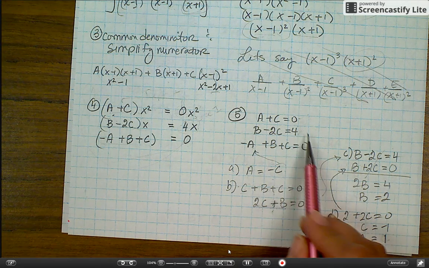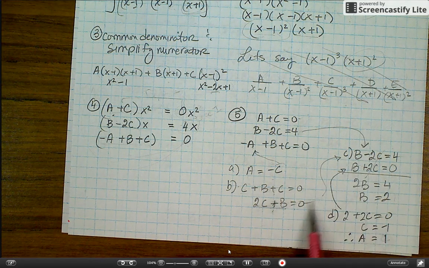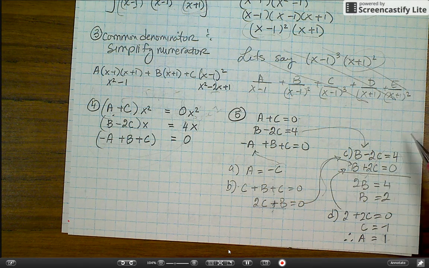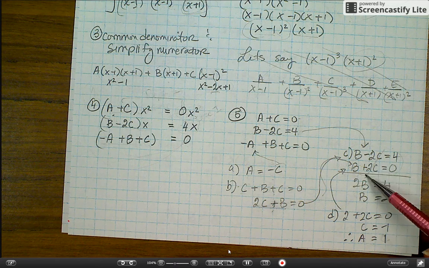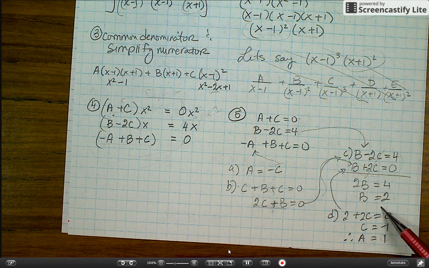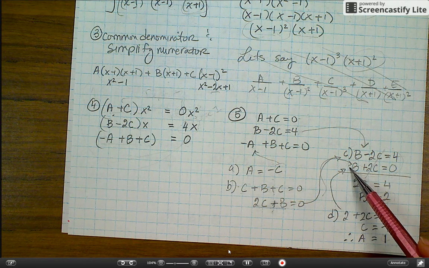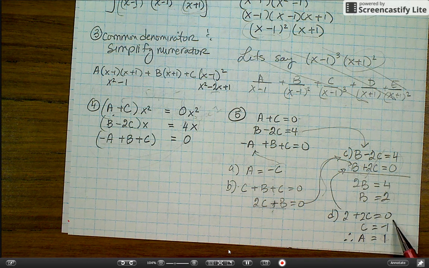I took this equation, put it right there, and I took this equation, put it right there, and now I have a new system of equations. This time I used process of elimination, so I eliminated those. That left me with b equal to 2. And then I took that 2 and I inputted it right here, because that was easier for me, and set it equal to 0, and found my c equal to -1, and a is equal to 1. And so then